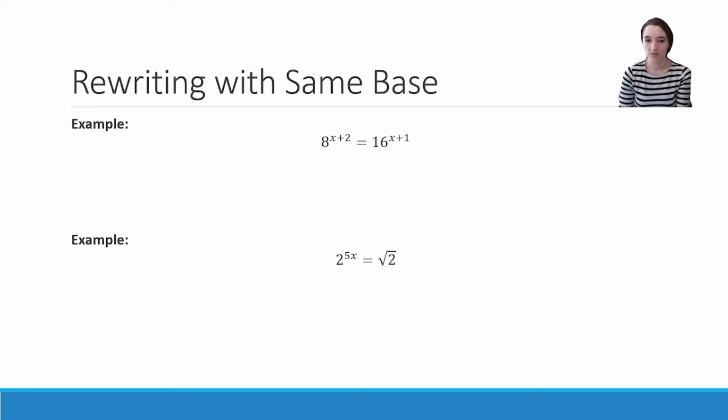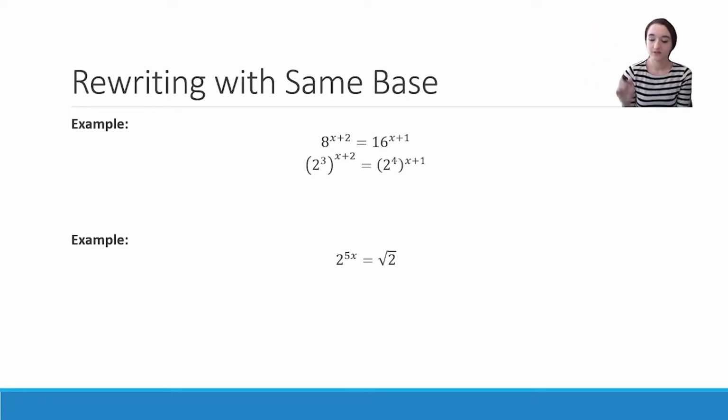Like I said before, 8 is 2 cubed and 16 is 2 to the 4th. So even if the 2 wasn't originally part of the problem, I can still bring it into the problem as long as they have that relationship. So I'm going to rewrite both of them. So 8 is now 2 cubed to the x plus 2, and then 2 to the 4th to the x